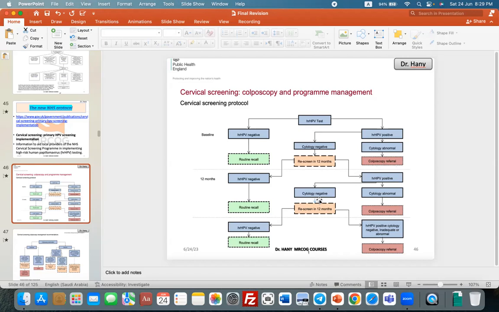These are the GP rules or the new cervical screening. Clear? As simple as that. Human papillomavirus positive, cytology. Positive, colposcopy. Negative, after a year. Why? Cytology negative, but the human papillomavirus is positive. So I will repeat the human papillomavirus after a year. Again, positive, I will do cytology. I will not refer the woman to colposcopy unless she has 2 positives, human papillomavirus and cytology